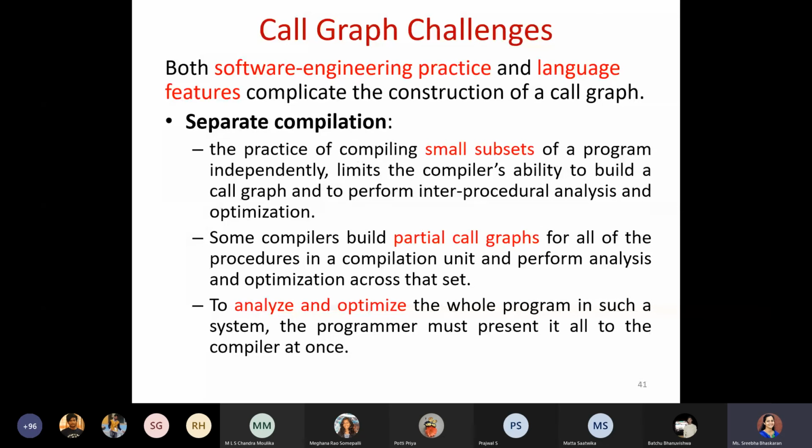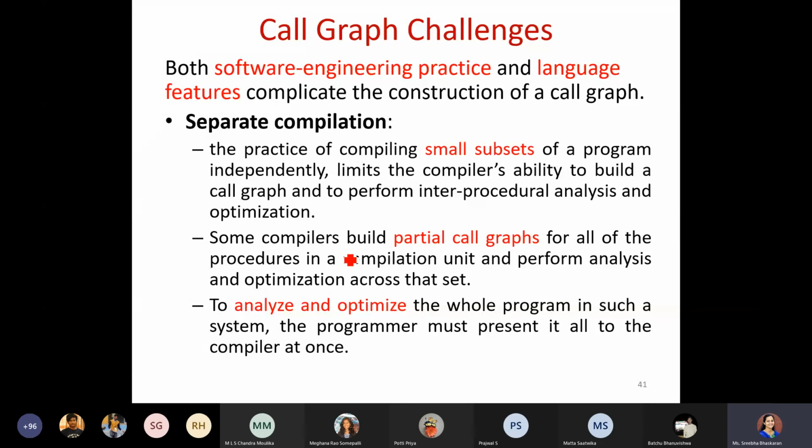Intra-procedure, that is certain techniques which you deal with when you have within a single procedure. But when we are discussing about this call graph, there will be certain challenges which we have to face. For example, each and every time, based on each language or each best practices, there would be certain ways how the compiler would have been created.